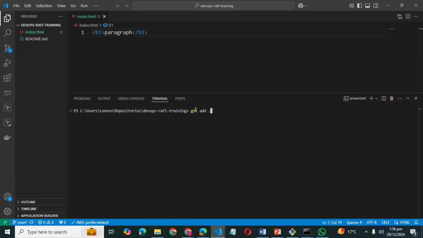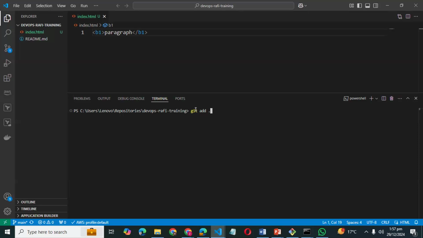So why do we follow this series of steps to push our local changes into the GitHub web account? That's why we run these commands. First of all, we need to run the add command, then we need to run the commit command, and in the end, we need to run the push command. Please remember these commands, and please try before the lecture, give 5 to 10 minutes to it, so you can remember these commands easily.